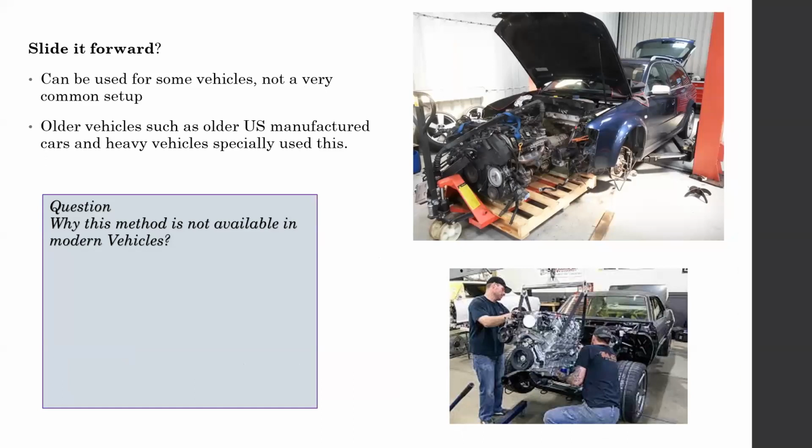In addition to that, there's another method you can actually use: slide it forward, right? Slide it forward or slide it outward. This is used by heavy vehicles mostly, but there are some passenger vehicles that actually use it also. So as shown in the first picture, this is actually an Audi RS4. This Audi RS4 actually comes with the method to bring it outwards from the top of the front